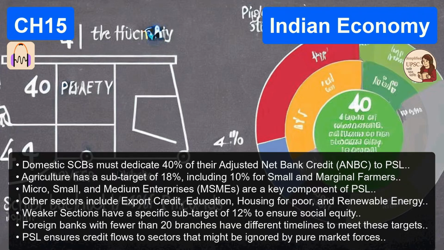LAF. The LAF is the primary instrument today. It allows banks to manage their day-to-day, short-term cash mismatches. Break down the repo rate. Repo stands for repurchase option. It is the rate at which banks borrow from the RBI for the short term. Mechanically, the bank sells its government securities to the RBI with a strict legal agreement to repurchase them later at a slightly higher price. And that difference in price is effectively the interest rate. Exactly. This is the policy rate.